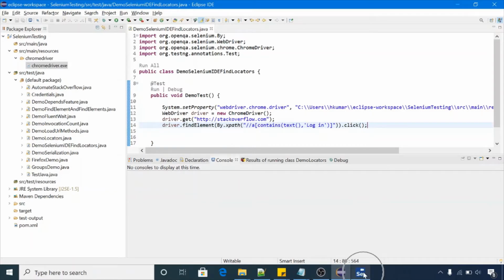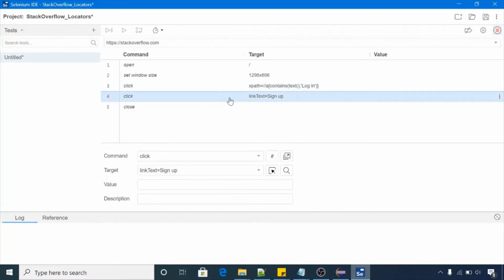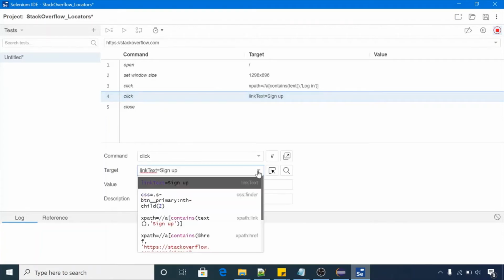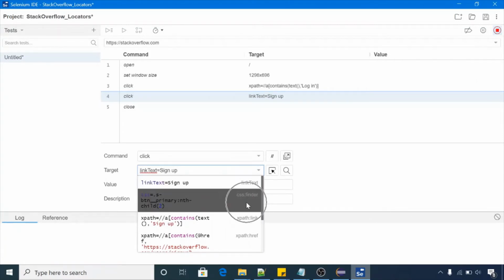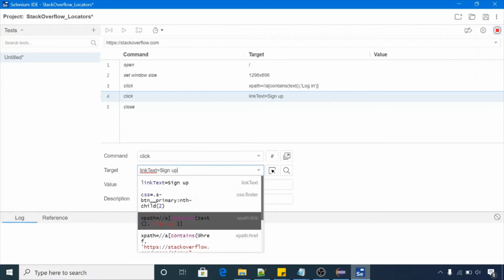Again switch to Selenium IDE, and to click on the sign up button, we have this command. We have to select the command first. So I have selected this command, and from target you can click on this drop down and you can get all the locators, right? It's listing 3 locators. One is link text, the second is CSS, and the third is XPath. It's listing multiple XPaths.